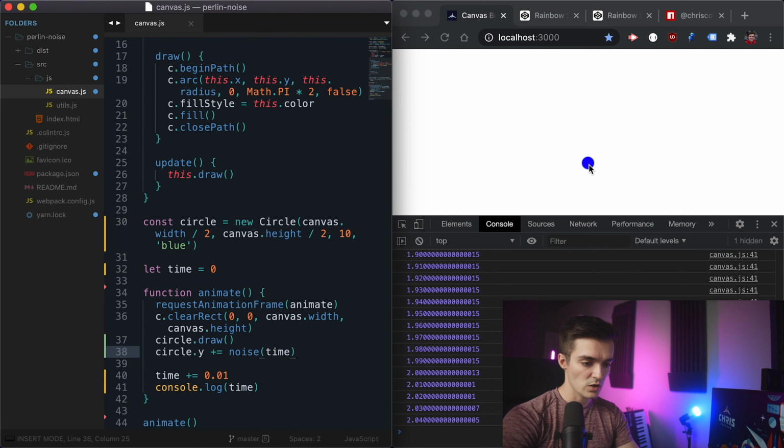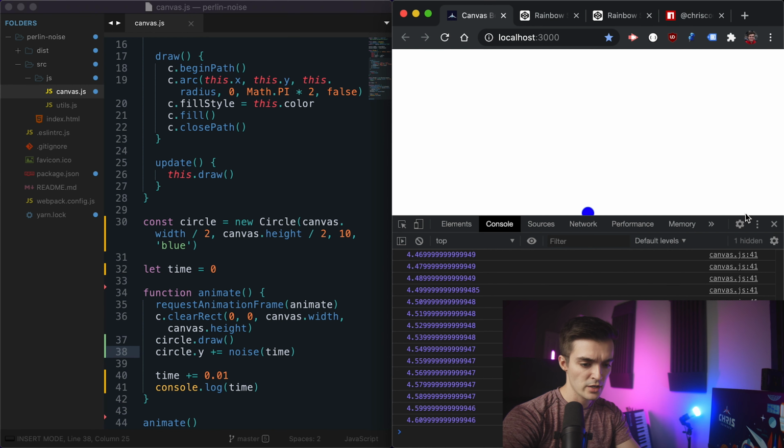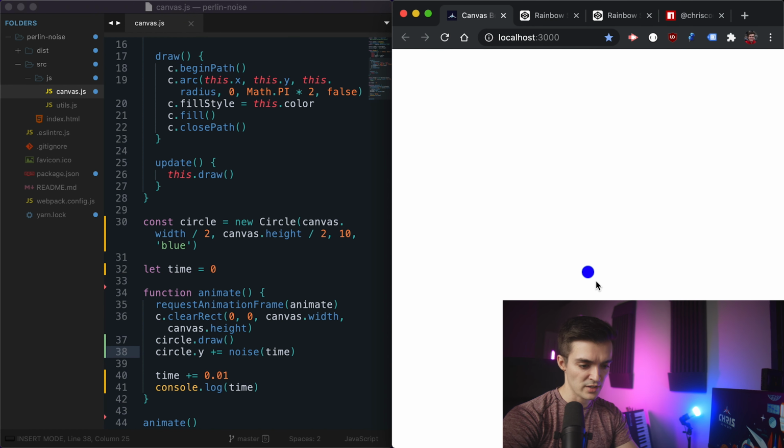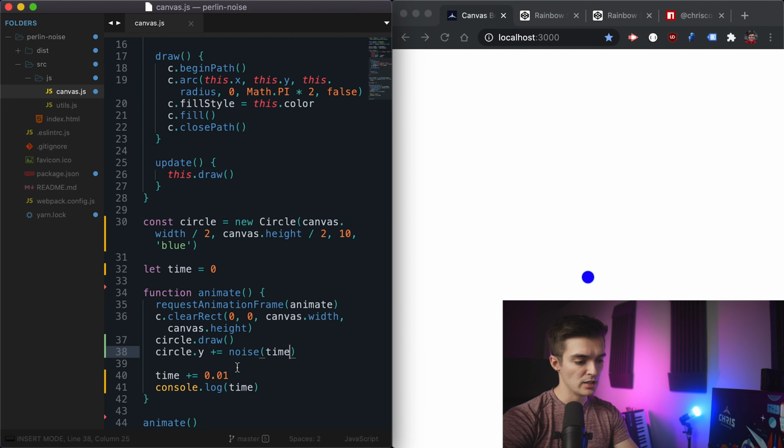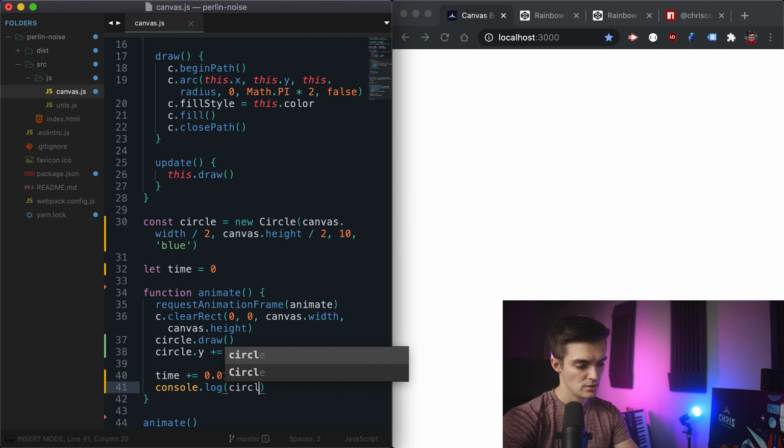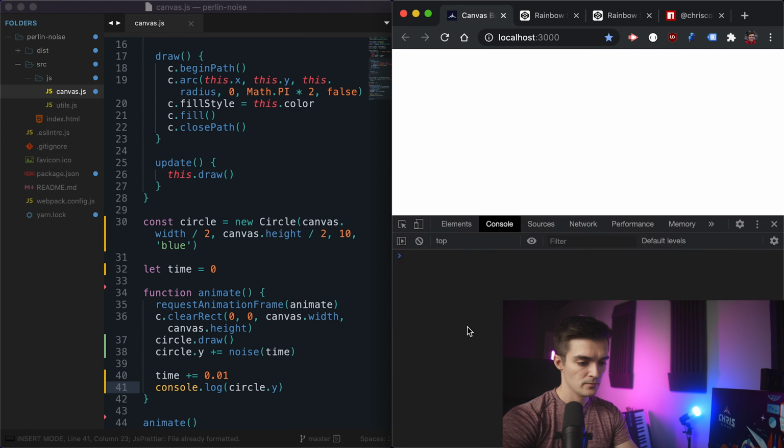You'll see we're going down, we're going down, we're going down. It's great, but it's going down at different rates if you look really closely. Let's go ahead and refresh that. You'll see it gets really fast, stops, begins, and it keeps going. So we have noise in place, but then again, it's not really moving back up like we might want it to. So to understand why this is happening, let's go ahead and console log out circle.y, and you'll see our